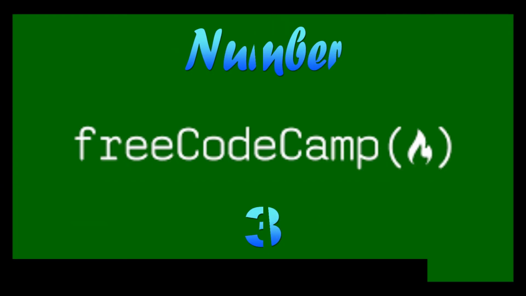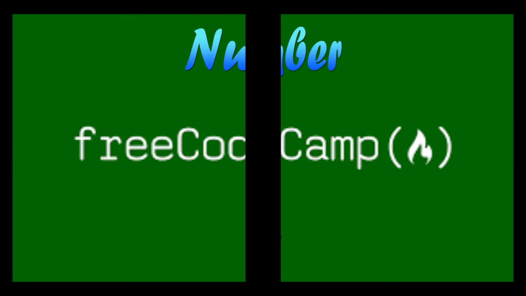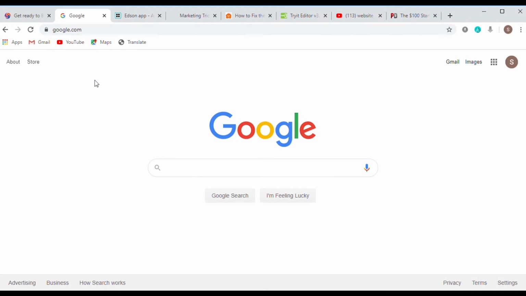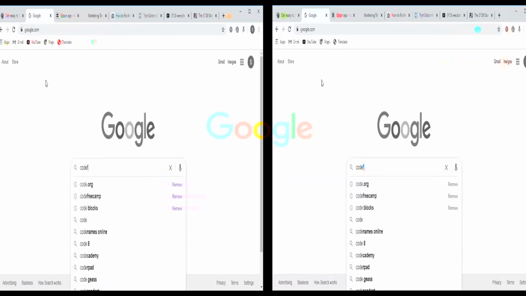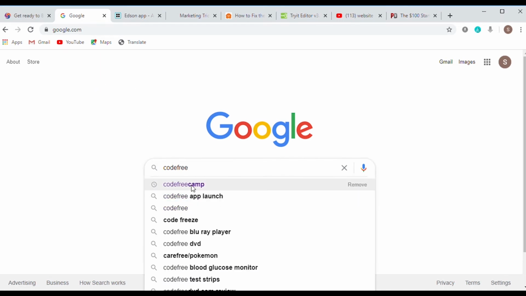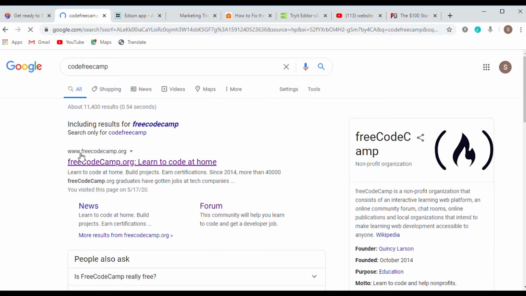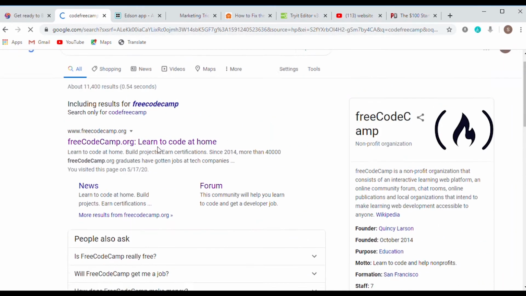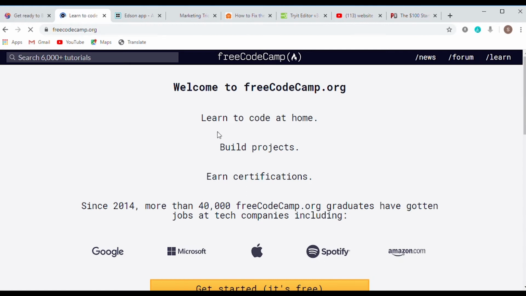Okay. All right, for my number three, we're looking at FreeCodeCamp. All right, so I'm gonna come here and write FreeCodeCamp. Okay, it shows up here on my list. And then you come here on www.freecodecamp.org. It's more like FreeCodeCamp, and then you click on this link right here, and then it takes you to their website. Okay, so it gives you this screen right here.